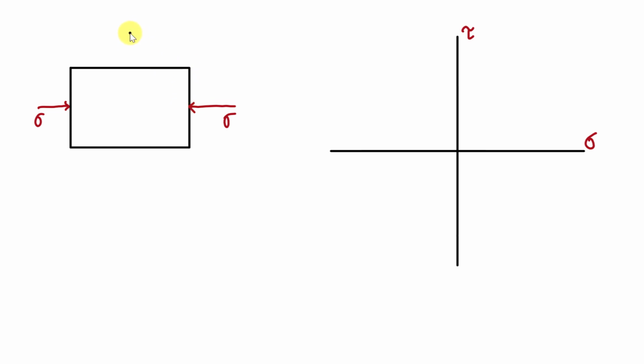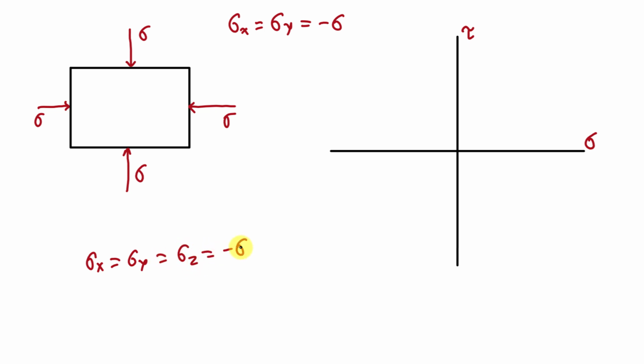Now let's say here we apply compressive load in y direction also. And here stress in y direction is, let's say, sigma. This case is going to be the case of hydrostatic pressure. We can say that in all directions the value of stress sigma x is equal to sigma y is equal to minus sigma. We can also say that if any body is submerged under the water, then in that body there will be value of stress in x direction, y direction, and z direction equal